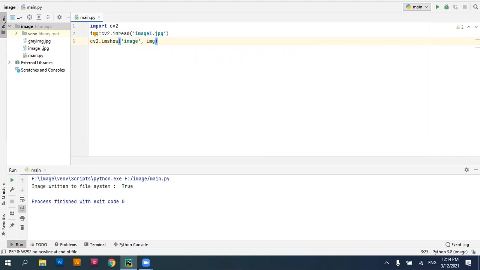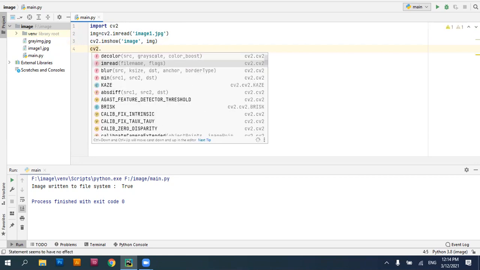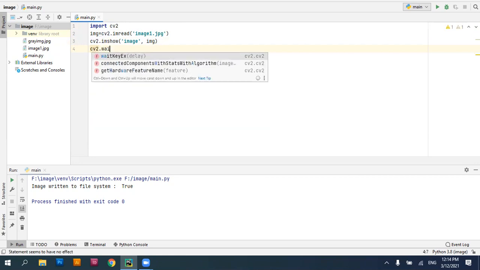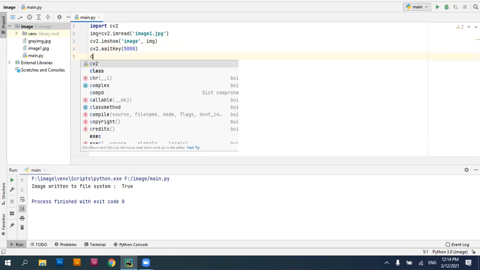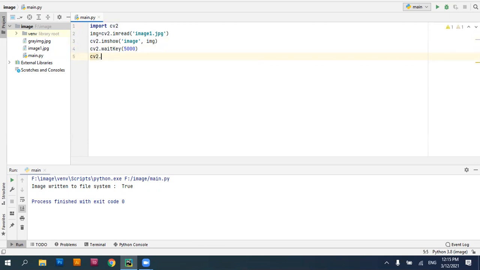I have to sustain that window for 5 seconds, so I'll be using waitKey by specifying the delay of 5000 in terms of milliseconds, that is 5 seconds. Then I will be closing it using cv2.destroyAllWindows. This is going to close my image window after 5 seconds.